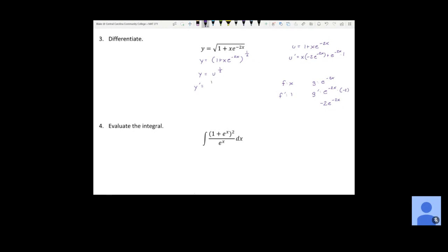Good. 1/2 u to the negative 1/2, because it's a chain rule, right? Don't forget we still need the u prime here, so times u prime. Now we can plug everything back in. So y prime equals 1/2 times (1 plus x e to the negative 2x) to the negative 1/2